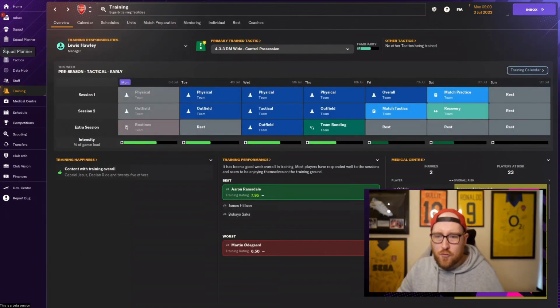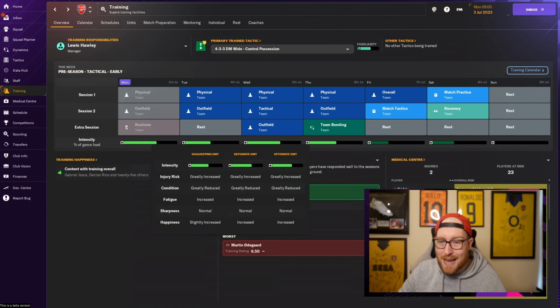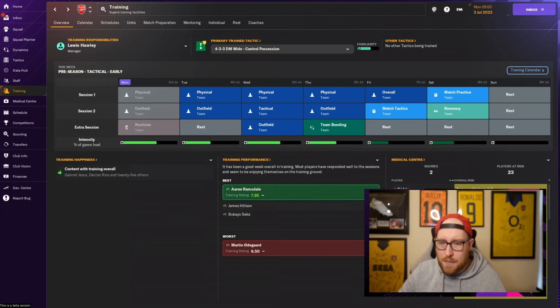Next up, we have training, and as it's already early in pre-season, this is going to be very heavy. If you look at these bars underneath the training sessions, it shows you how intense they are, and the percentage of the game load in each one. So obviously that's a really low one. It's having a bit of a rest and a recovery there. So at the end of the week, they're having a bit of recovery after the really physical